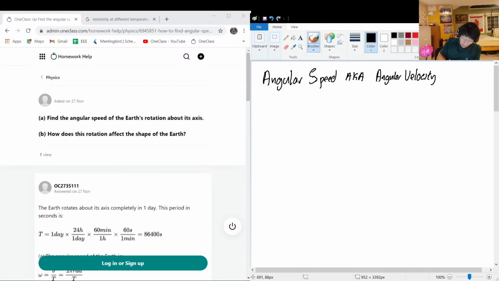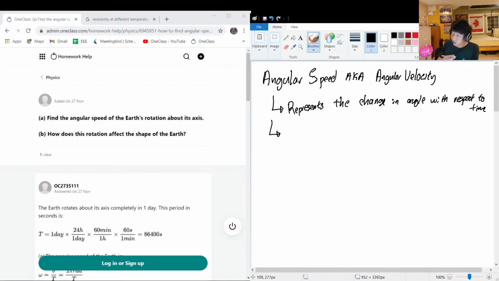This represents the change in angle with respect to time. It's represented by the Greek letter omega,